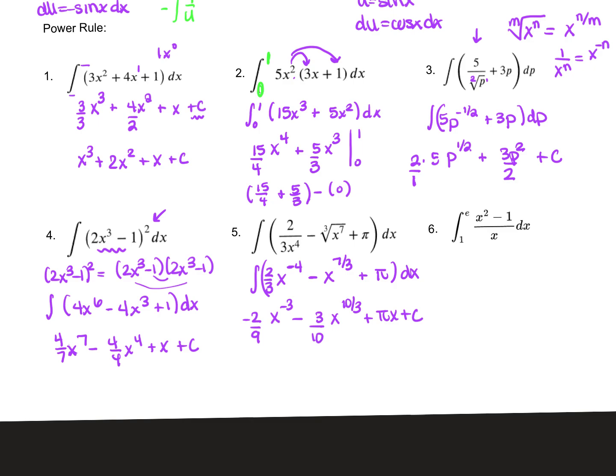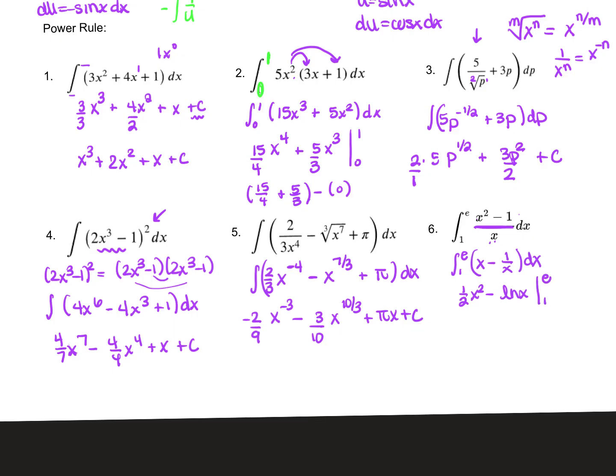Number 6, we are going to have to do some simplification here. We do have a division. So all I'm going to do is split the numerator because it's just dividing by x. So if I split the numerator, I'm going to have x squared over x, which is x, minus, so this one divided by this one, and then this one divided by this one, 1 over x. Remember, we don't bring the x to the top of the second one because it's to the first power, so that's your natural log. So you're going to have 1/2 x squared minus natural log of x evaluated